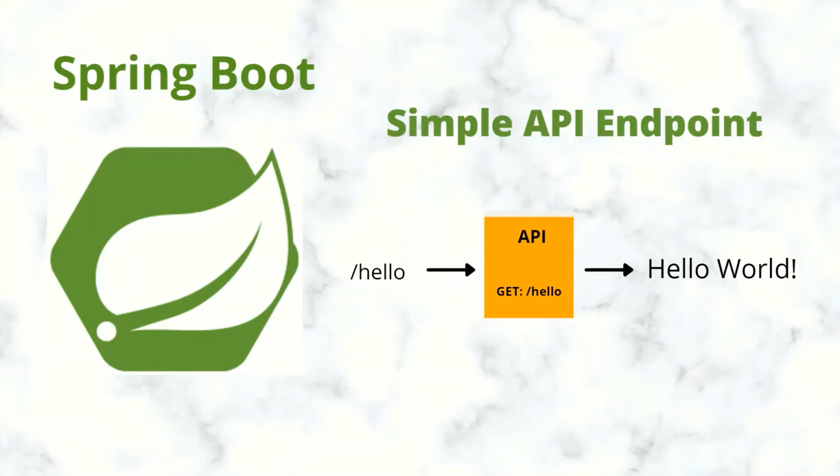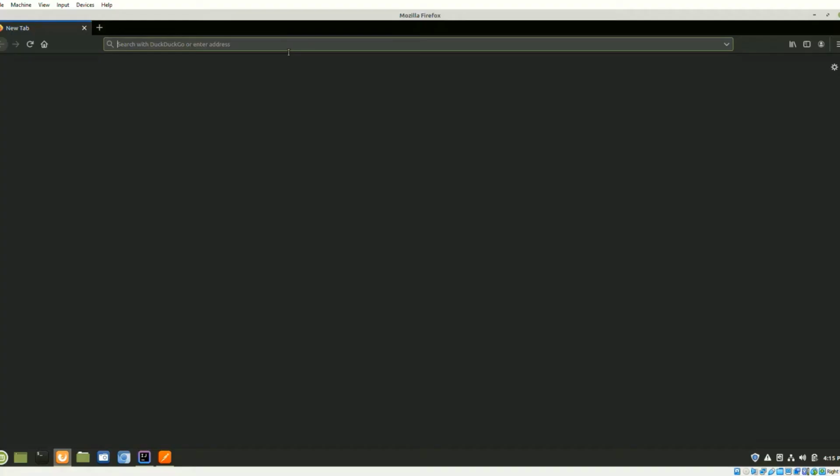Okay, so today I want to talk about how we can create a simple GET endpoint using Spring Boot. The endpoint is very simple, in which we want the user to send a request to us at a given endpoint, and we want to return back a string. Let's head to